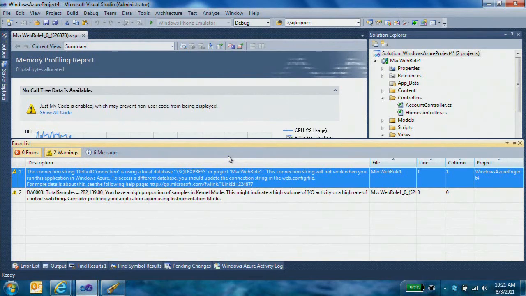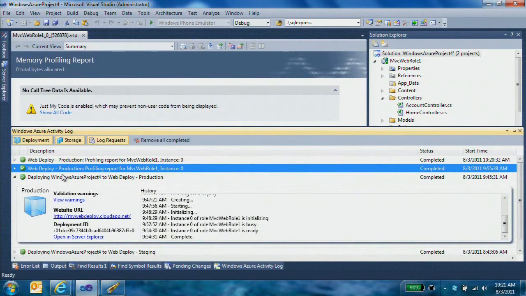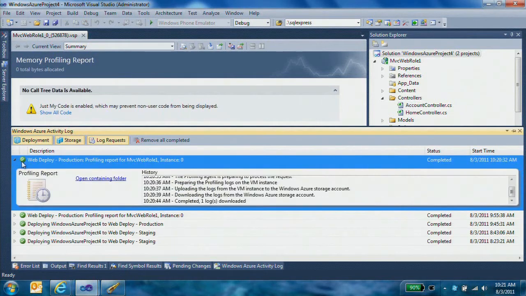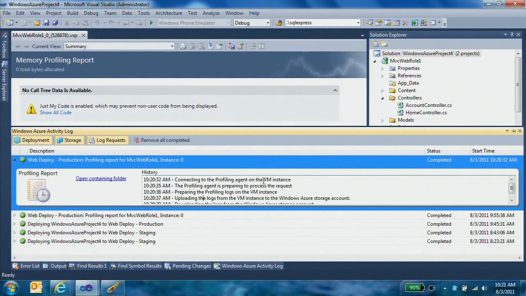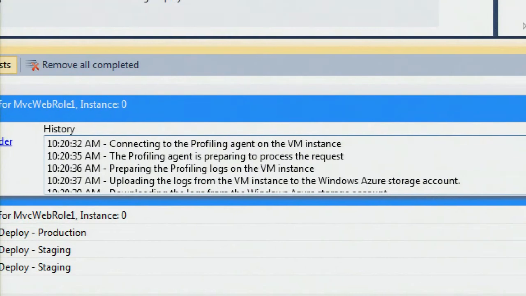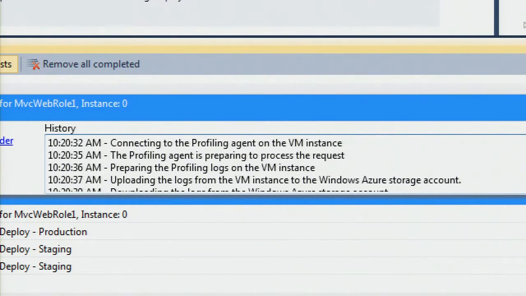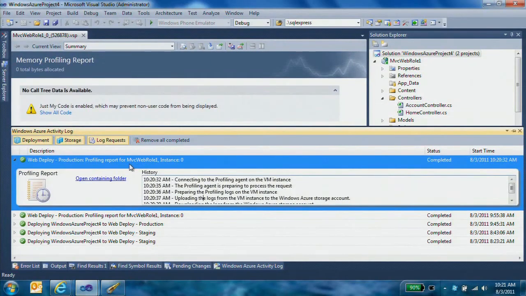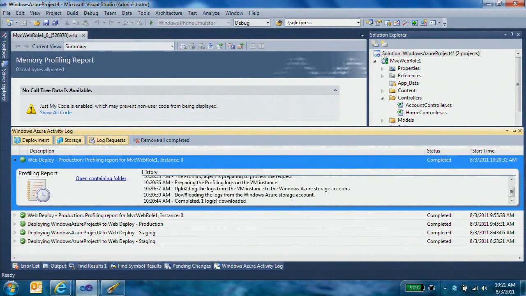But one way or another, it's doing that. So basically, somehow we just sent a message to that specific instance that said, please send down the profile logs. So we're connecting to it, it's preparing it, and then it's sending it to storage, and then from storage, Visual Studio is grabbing it, and then what we can do now is,